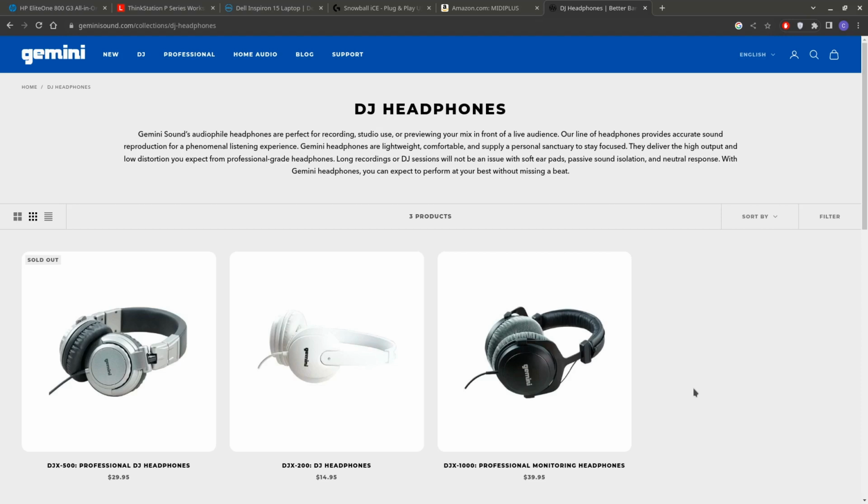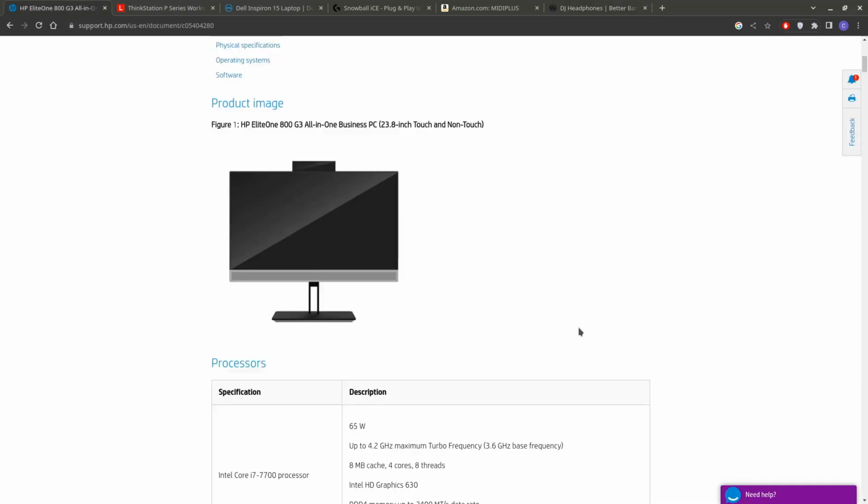But I find that just closed back, low end, good monitoring headphones is more than sufficient. And I'll use these on my laptop as well. So I have kind of a unity of sound between my different locations. That's pretty much it. That's what I use, and I just don't see a need to break the bank on